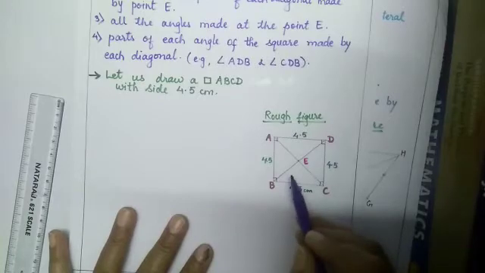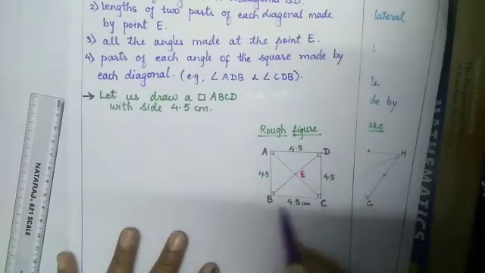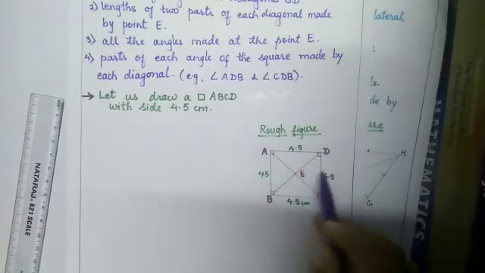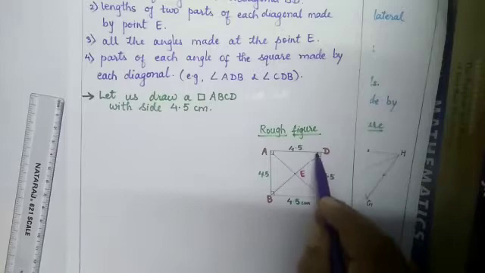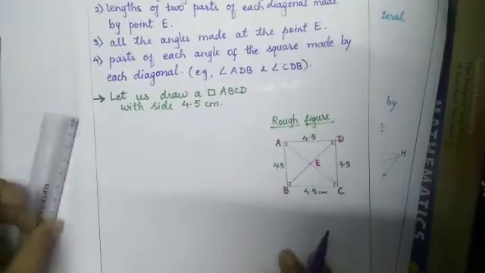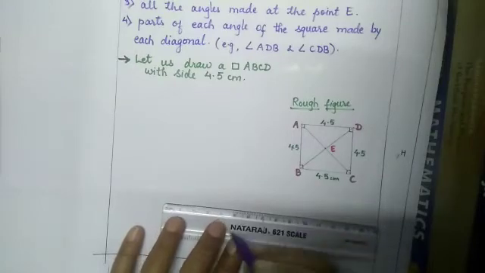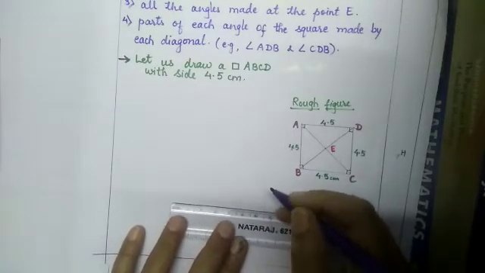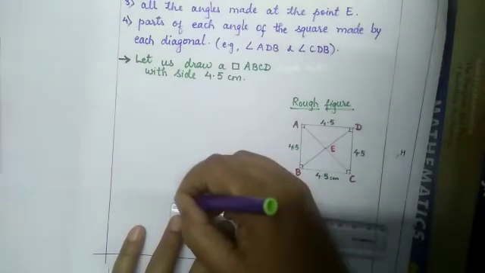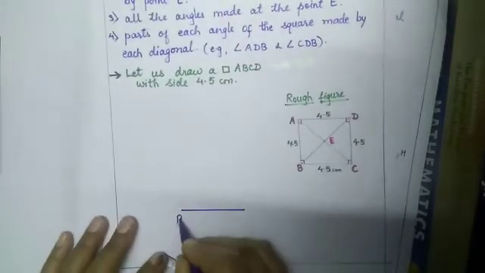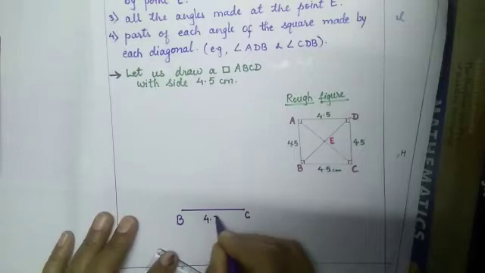So what do we have to measure here? Fourth step, angle ADB and angle CDB. When we measure angle D, that is ADB and CDB, both together are 90 degrees, so ADB must be 45 degrees and CDB must be 45 degrees. So let us check. First of all, what will we do? We will draw the base BC as 4.5 centimeter. So let us take 4.5 centimeter on our scale. From 0 to 4.5 I have drawn over here, and now name it as BC, and this side is given as 4.5 centimeter.